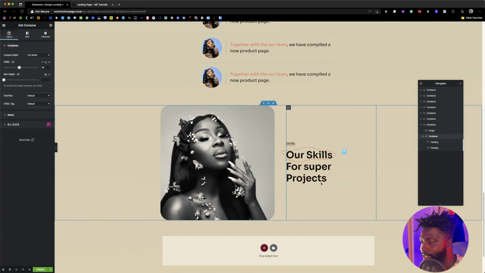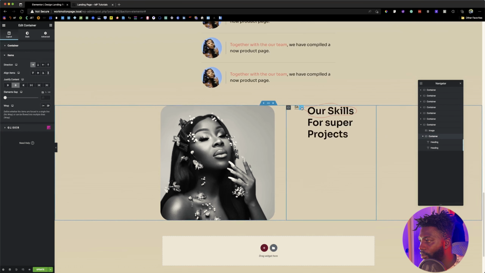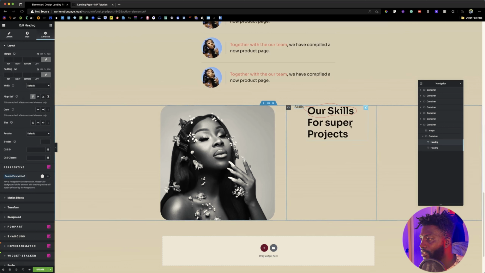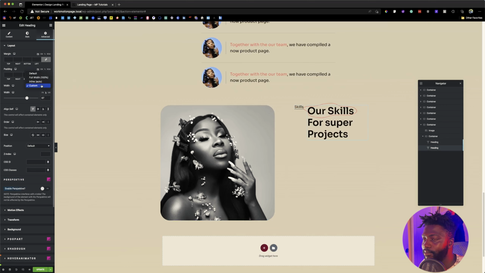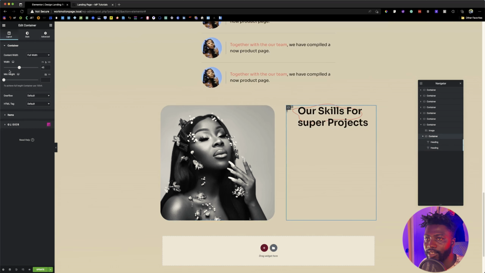The next thing to do is I need this little animation and then this text. So I'm going to click on this. We have to change this into a row, so we have to make this full width. Or we can even leave this and just make the second item full width. I'll make sure that this container is